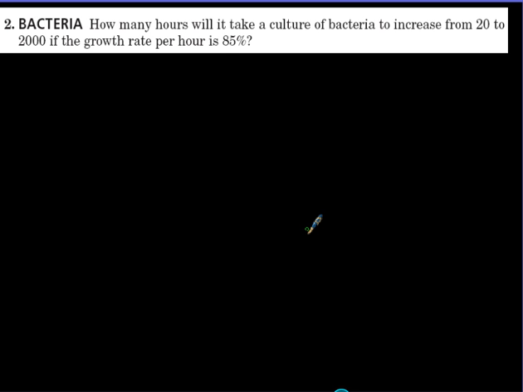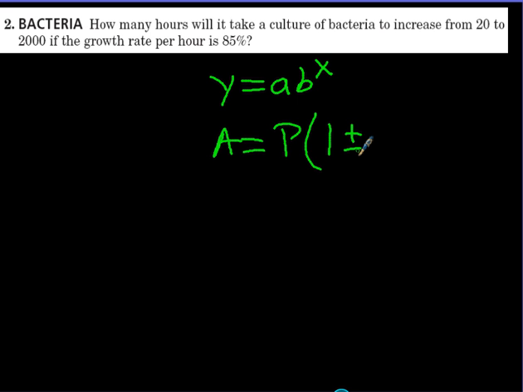so we have our exponential base equation, right? We have y equals a times b to the x. We translated that into something that looked like A equals P, 1 plus or minus the rate, over n, but I'm not going to do that right now because it's not compounding multiple times per period, which is what that deals with. So I'm just going to do 1 plus, since it's growth, my growth rate 0.85,